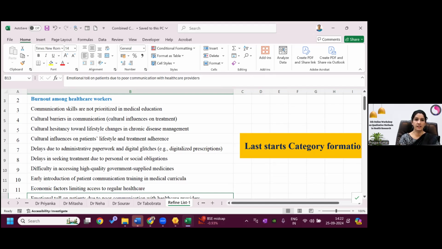So Dr. Latika is asking whether refinement should be done at the individual level or while sitting together. Generally, what we have experienced is a maximum of two people. In all our publications, when we started earlier, two people used to code, and then we did it through discussion. You code individually, then share your codebook and decide together. That you can do. Or if you are a solo coder, that is also not a bad idea.